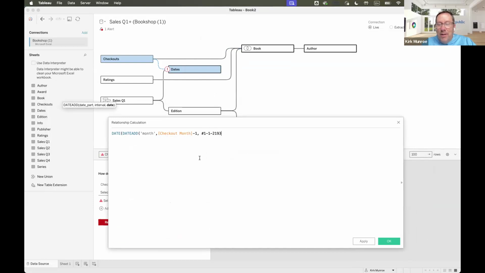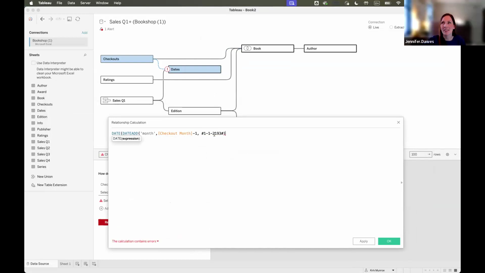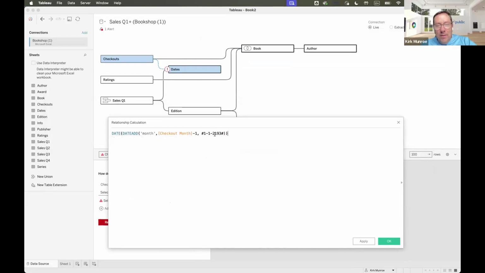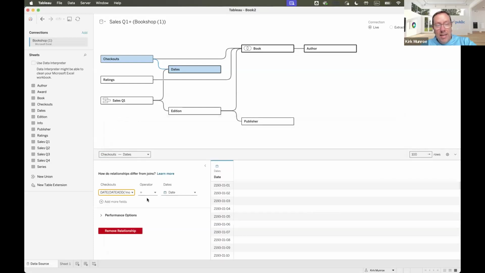I think it's 2193 for whatever reason is the year of all the check-ins in that data source. Oh, how funny. Okay, so I think the year is 2193. We'll check. But basically, what I'm saying is, take whatever month is there and take one away from it, because if it's already the first month, I want to add 0 to it, right? This should build me a date in any case, and then I should be able to join that date